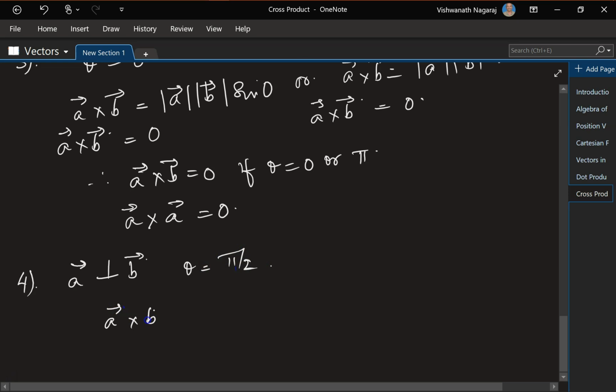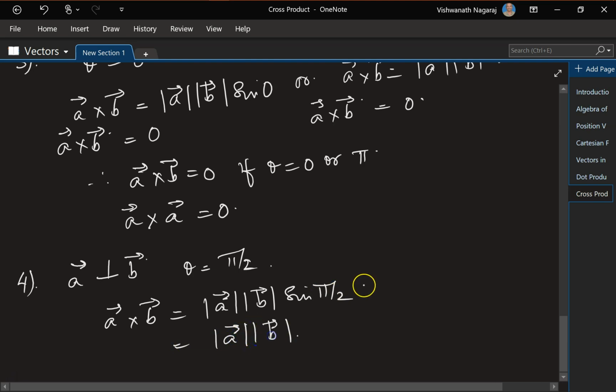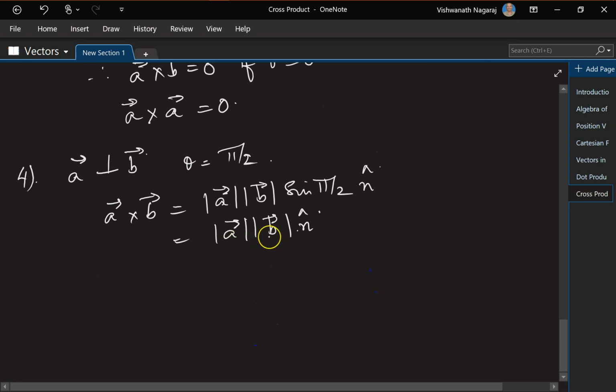A cross B would be equal to magnitude of A, magnitude of B, sine pi by 2. Sine pi by 2 is 1. So this would become, let me also put n cap, magnitude of A, magnitude of B in the direction of the normal. So now that we have seen the third and fourth property,